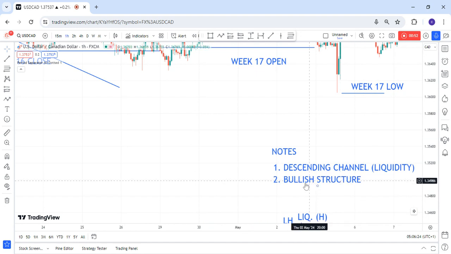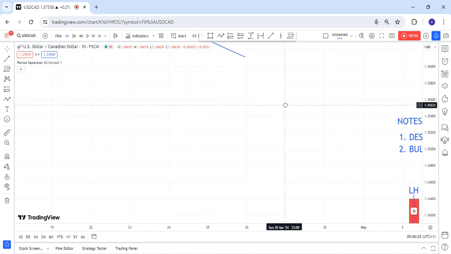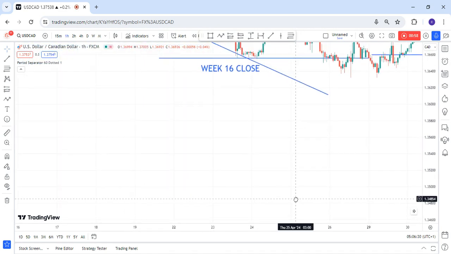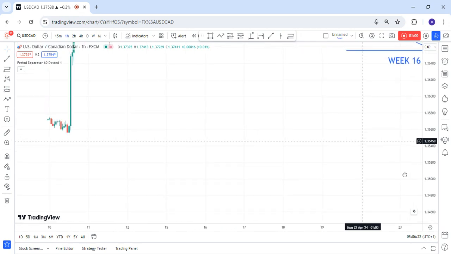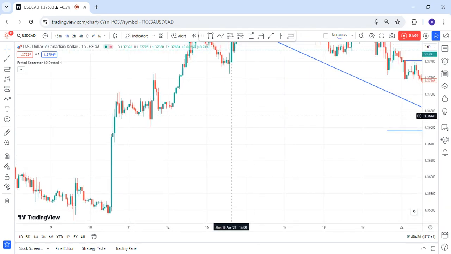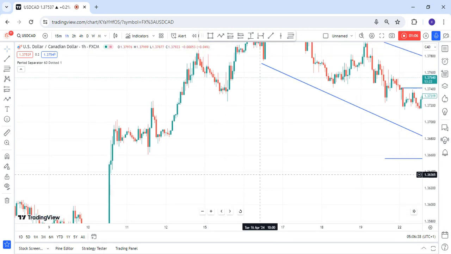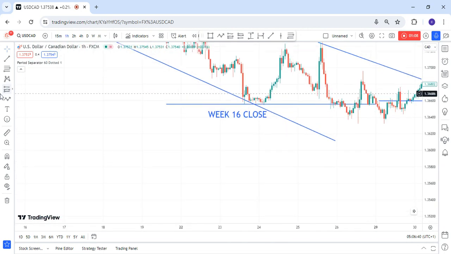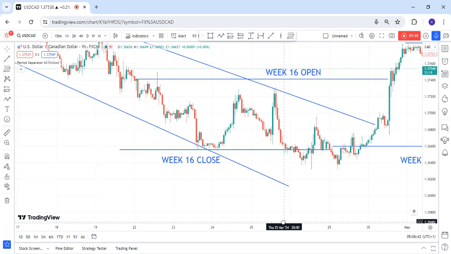The next thing we note again is the fact that we are bullish. We are bullish on the higher time frame. We are very bullish. Okay, observe that we are bullish to the upside. Another thing I want us to note again is the fact that